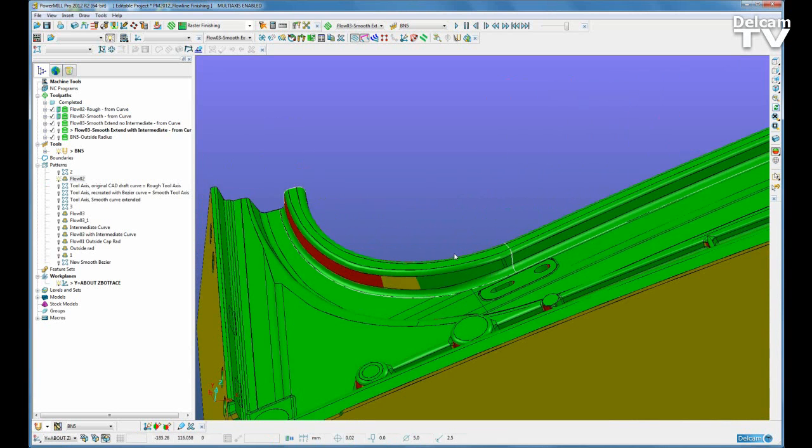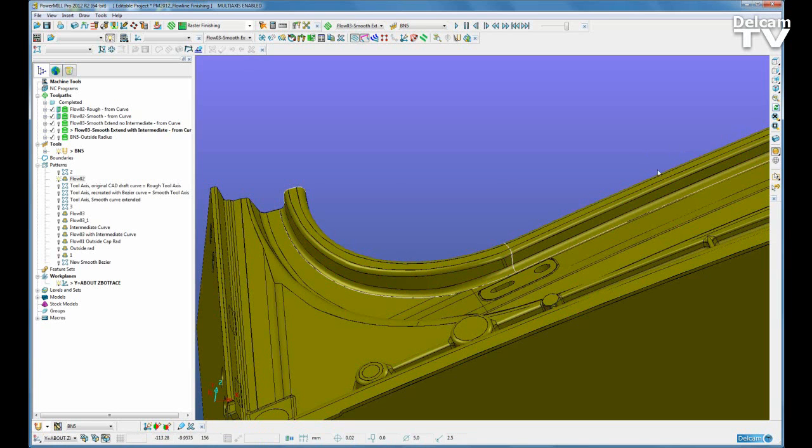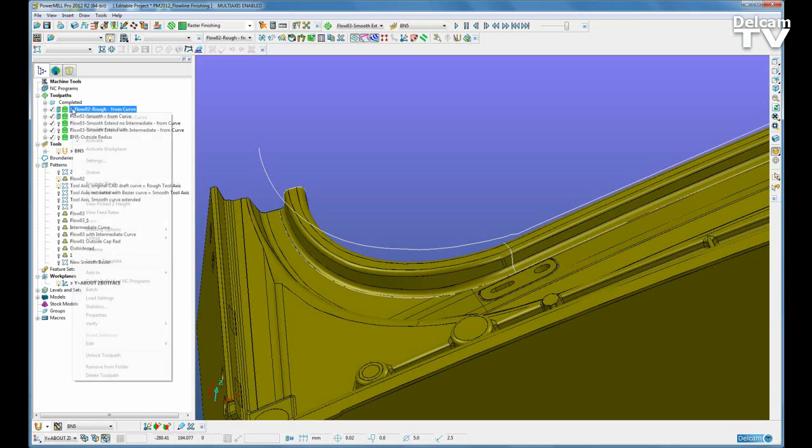When I put on undercut shading, we can see it's a nice positive draft here, which we can machine with the vertical axis and goes into that undercut area. I'll revert back to normal shading. When I put in the original tool axis curve that was created from a CAD system, which was created at a contact angle of 60 degrees along this radius, then offset out and brought up to use to control my tool axes, I will use an original toolpath,